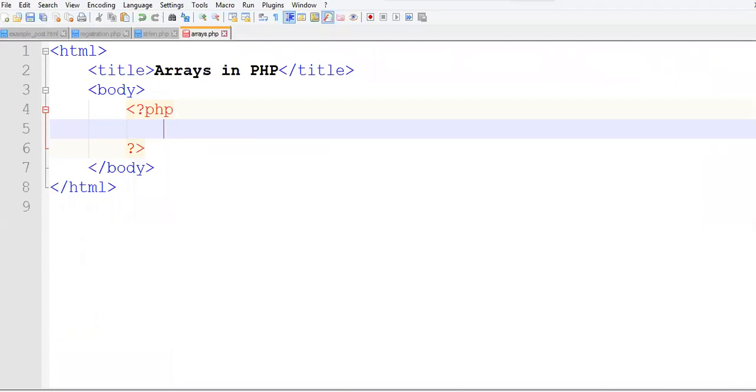Now here I have a PHP page. I've written the HTML code, and inside the body of the HTML, we have a PHP script. To create the indexed array, the syntax goes as follows. We know that in PHP a variable is declared with a dollar sign.